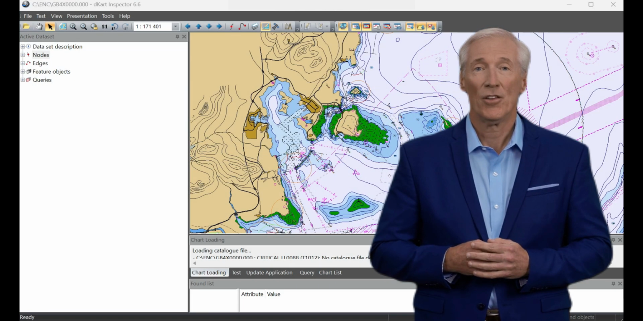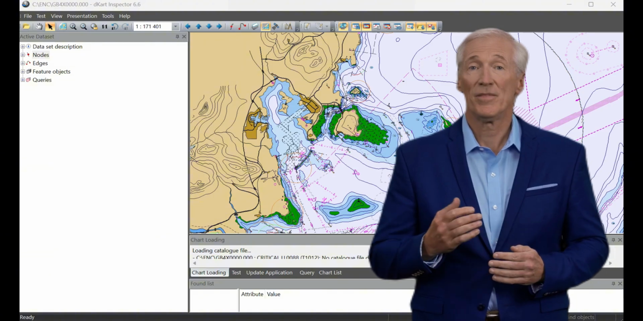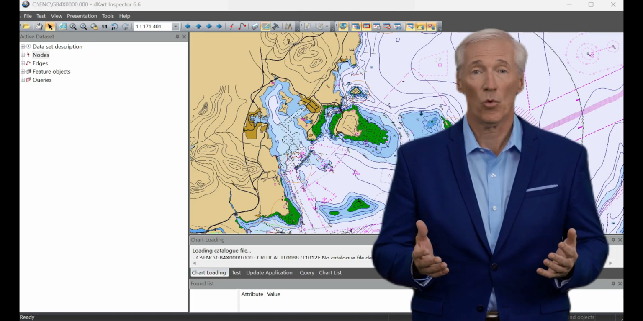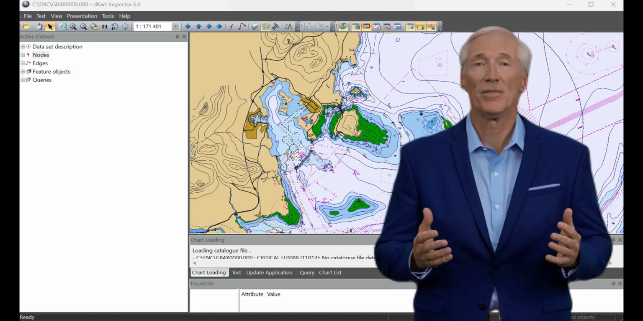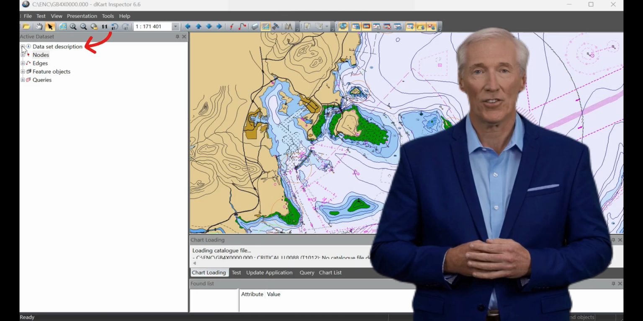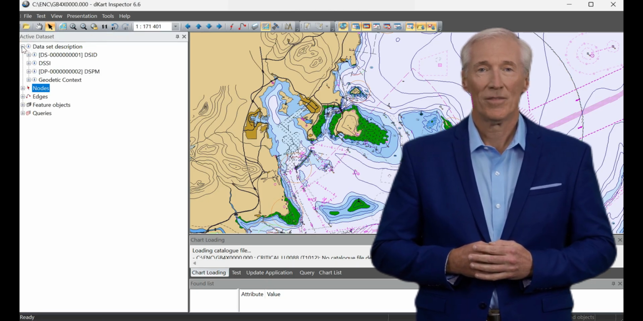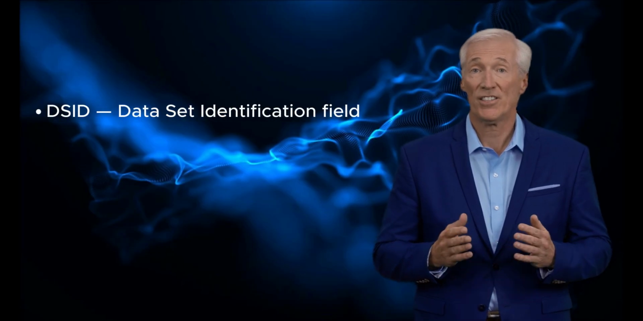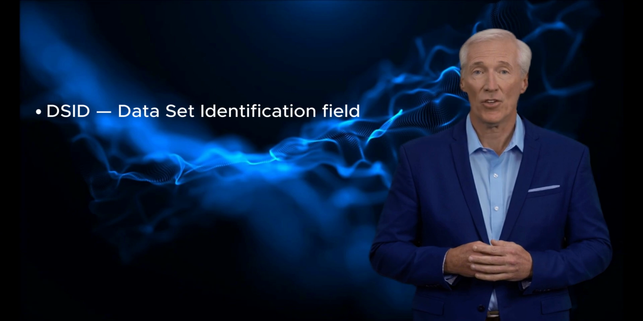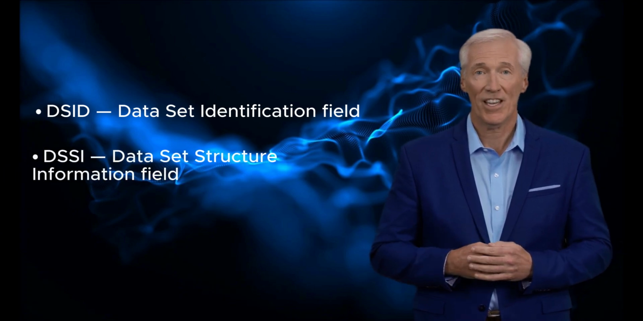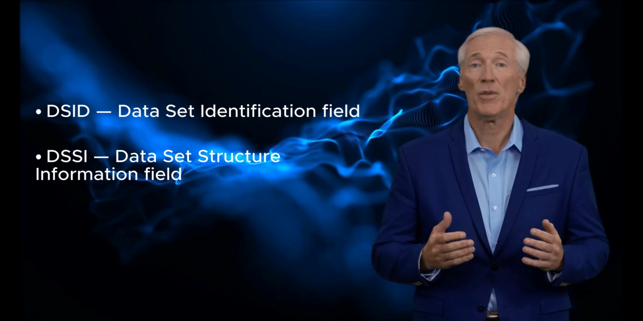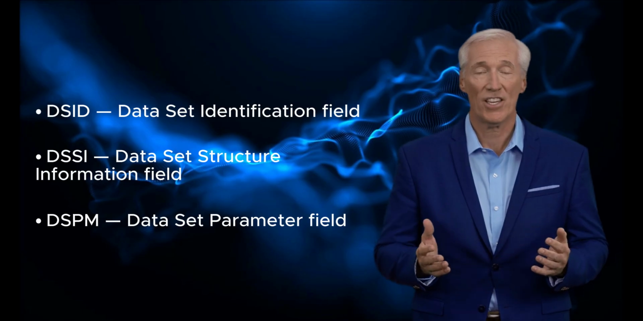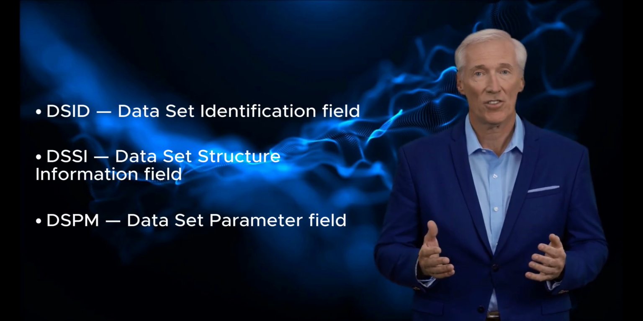Let's now take a detailed look at the chart object tree. This tree represents a hierarchical structure that organizes all ENC chart objects. At the top of the tree is the node called Dataset Description. It contains technical information and metadata such as DSID, Dataset Identification Field identifies the dataset. DSSI, Dataset Structure Information Field describes the structure of the dataset. DSPM, Dataset Parameter Field includes parameters like geodetic